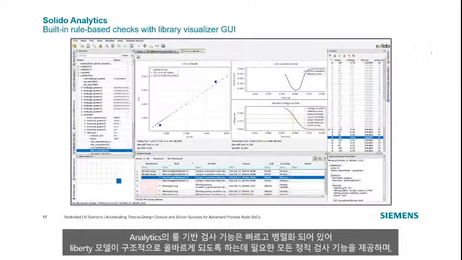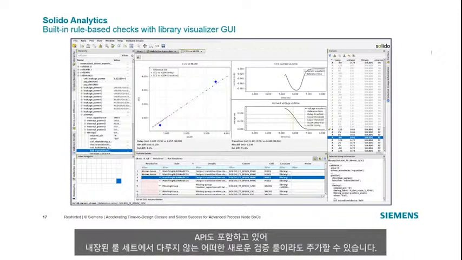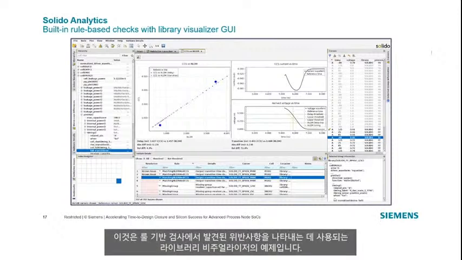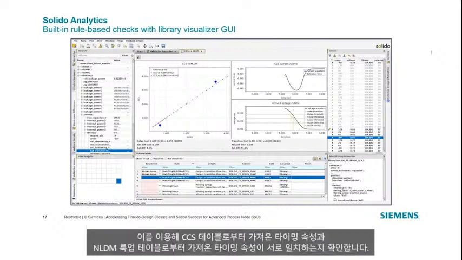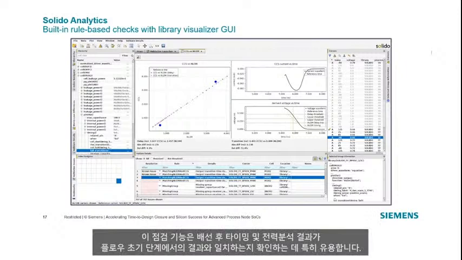The rule-based checks in Analytics are fast and parallelized, provide all static checks required to make sure Liberty models are structurally correct, and also includes an API to add in any new validation rules not covered by the built-in rule set. Here's an example of the library visualizer being used to show a violation found from rule-based checks. We're using the CCS versus NLDM consistency rule as an example, which is used to check whether timing properties derived from CCS tables and the timing properties from NLDM lookup tables match each other. This is a check that's especially useful to ensure post-route